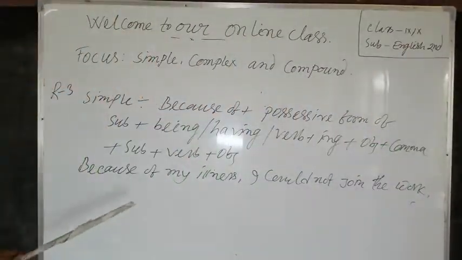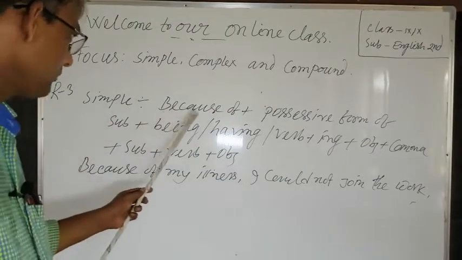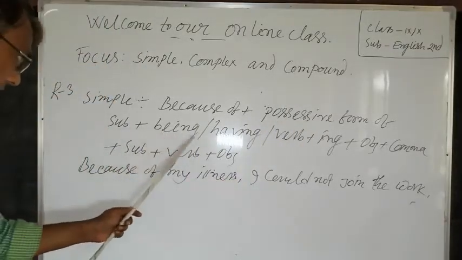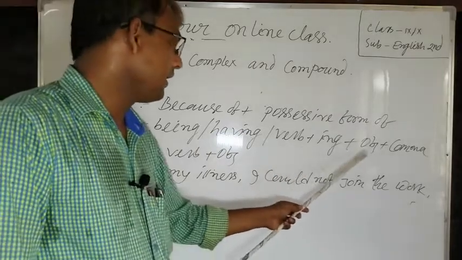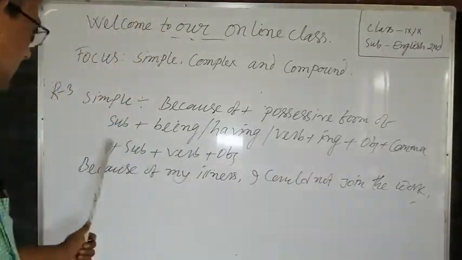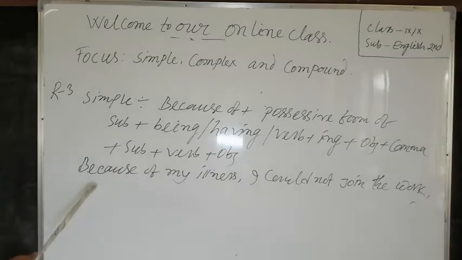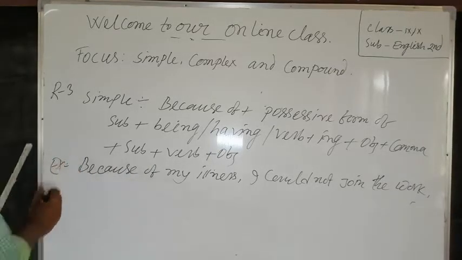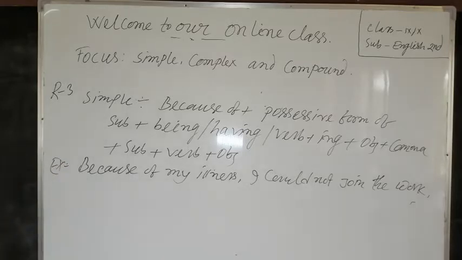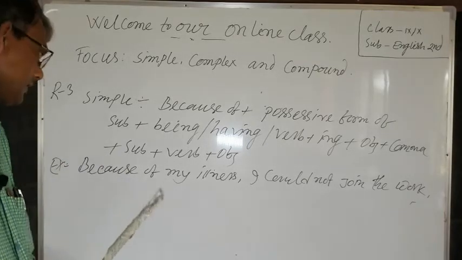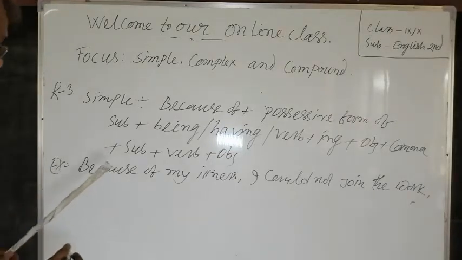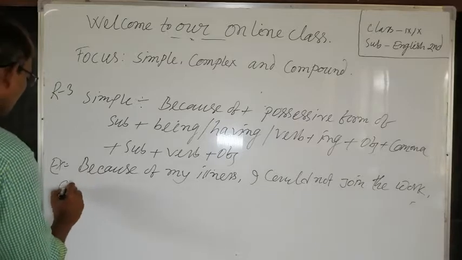So, dear students, the third is simple: because of, possessive form of subject, being, having, verb plus ing, object, comma, second clause. Example: because of my illness, I could not join the work. Because of my illness, I could not join the work. Complex is: